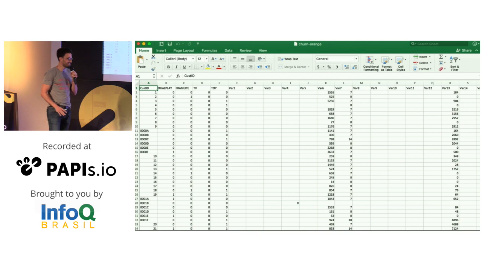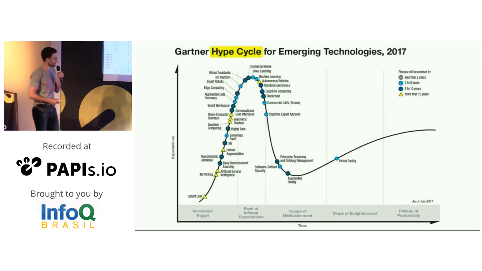Now we are at a stage where people seem to understand that it's important to have data. Then they have data, they open it in Excel, and they're like, all right, how do I get value from that? That's the big question. Apparently, one of the answers is to use machine learning and deep learning, and then you'll get value from your data. I'm going to try to speak a little bit about that.